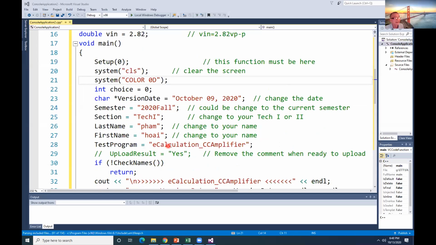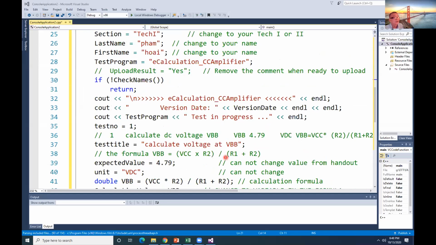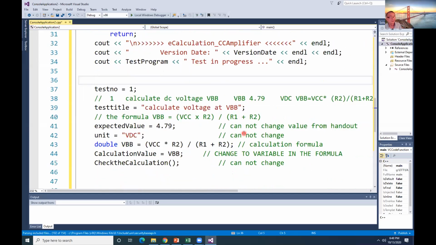Okay, and this one you will change to the name of your project, like e-calculation CCMD5. Okay, the only thing you will be doing will be from here. That's number one. Now, first thing I can tell you,